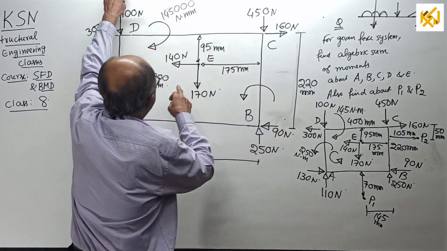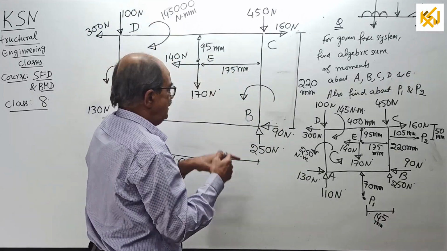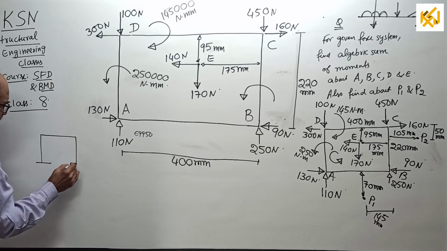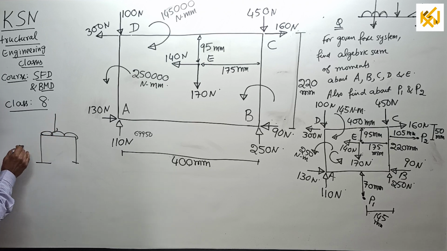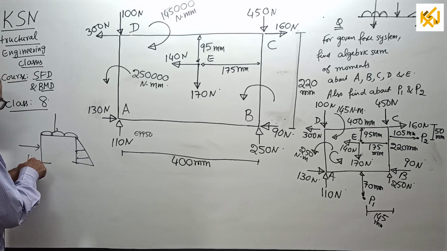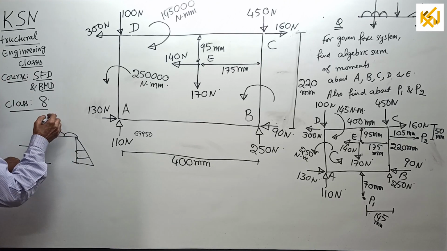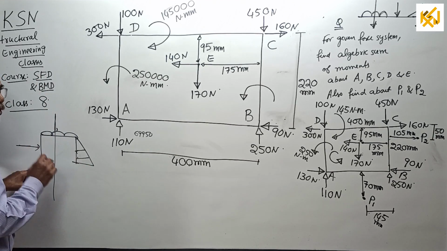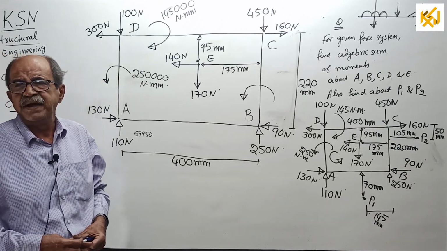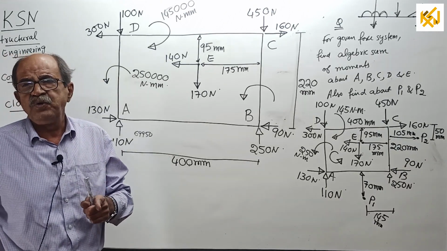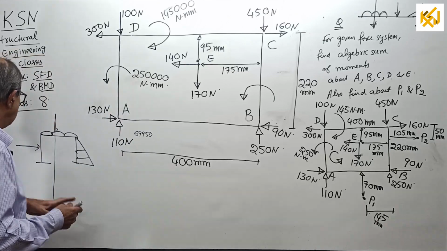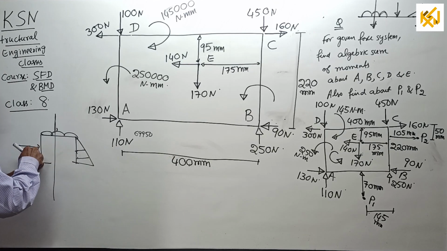So therefore, this example is meant for frames. Sometimes you get frames. Randomly, let me write some frames here. Like this, for example. Suppose I want moment about this point. Then load into perpendicular distance. From now onwards, distance means, I won't repeat every time, perpendicular distance from the point about which you want moment to the line of action of the force or load. See, load into this distance.